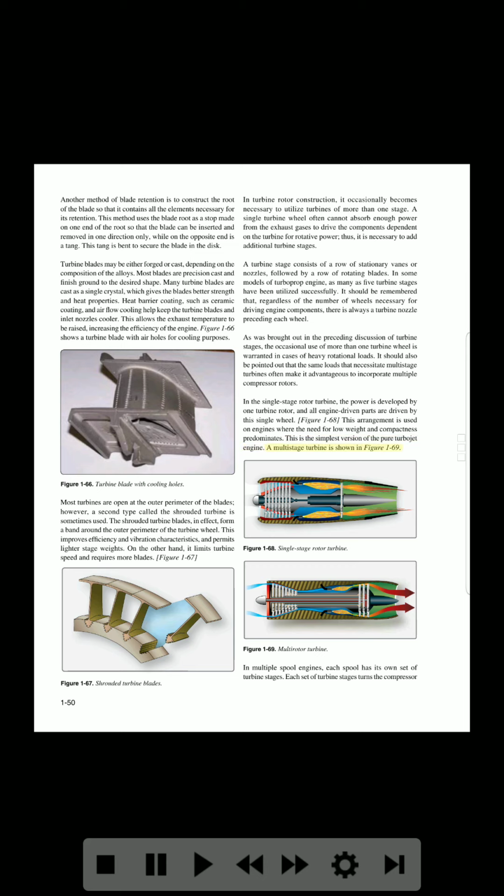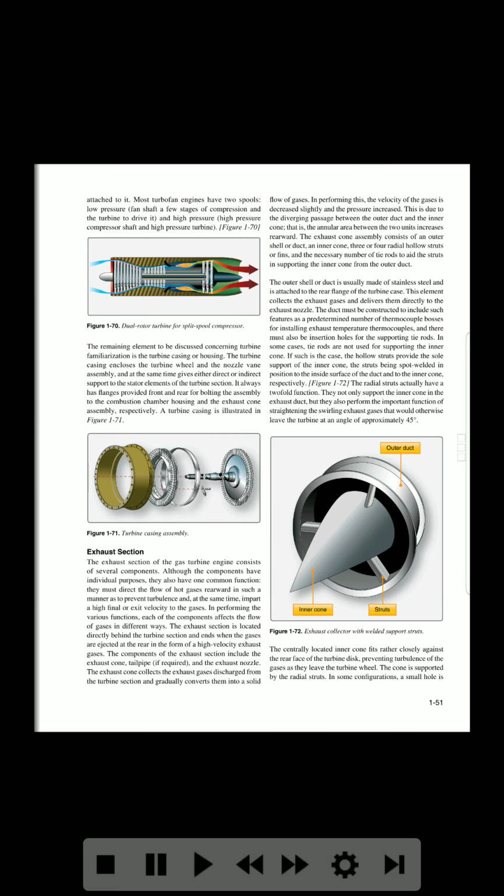A multi-stage turbine is shown in Figure 1-69. Figure 1-68. Single-stage rotor turbine. Figure 1-69. Multi-rotor turbine. In multiple spool engines, each spool has its own set of turbine stages. Each set of turbine stages turns the compressor. Most turbofan engines have 2 spools. Low pressure fan shaft, a few stages of compression and the turbine to drive it, and high pressure compressor located